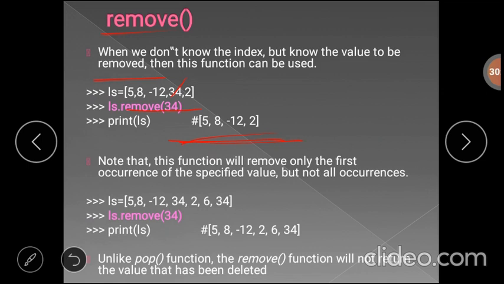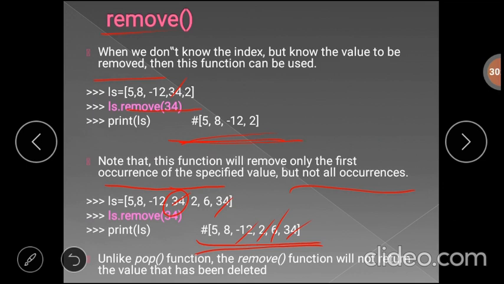Again, this remove method will remove only the first occurrence of the specified value but not all occurrences. For example, here that 34 is present 2 times, so it will just delete the first occurrence of that 34. So here we have the output in the list after deleting: 5, 8, 12, 2, 6 and 34.